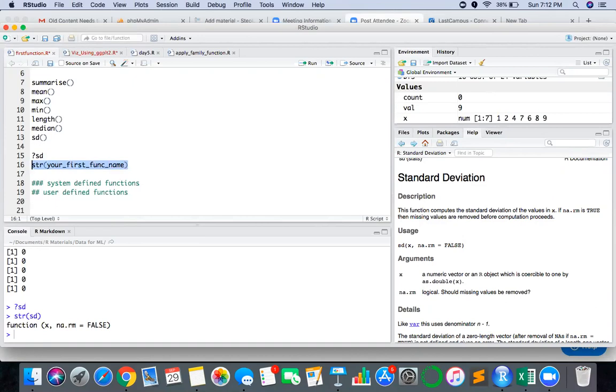So that anybody who is working on that code can understand what you have written inside the function, what that function is actually doing. Okay, that was one thing. So we now understand what is a system defined function and what is a user defined function. Okay, the second thing is